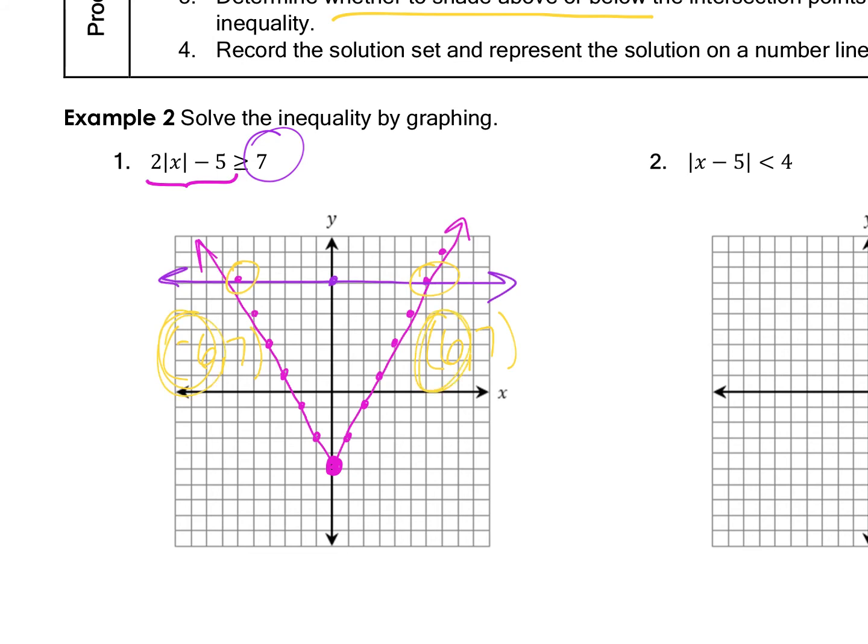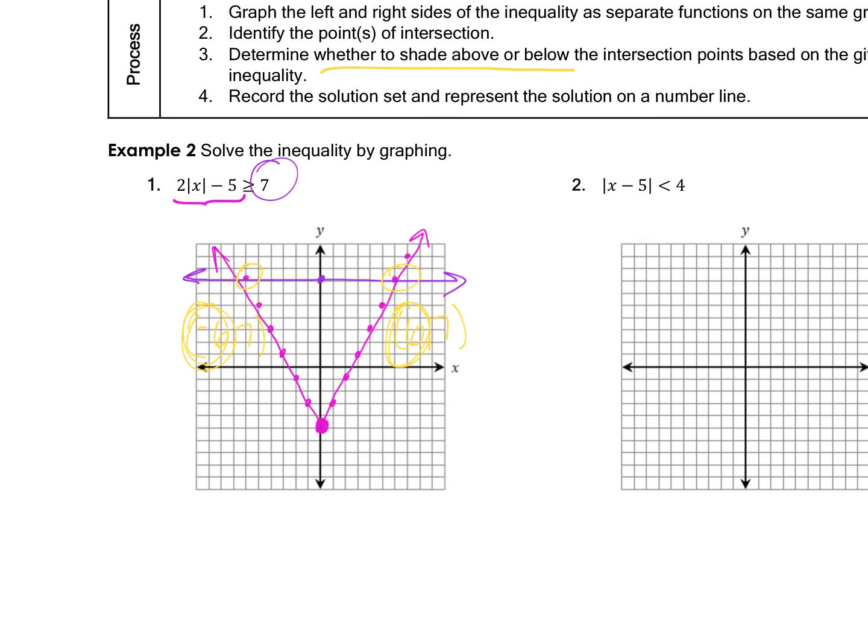Now, we're going to have to shade based on our inequality sign. Anytime it is a greater than, so the left side is greater than, we're going to be shading above that straight horizontal line. So the shading part will probably help you. So we're only shading the portion of the V that is above the horizontal line. So those are going to be our solutions. So all those x values that are going to the left of -6, all the x values that are going